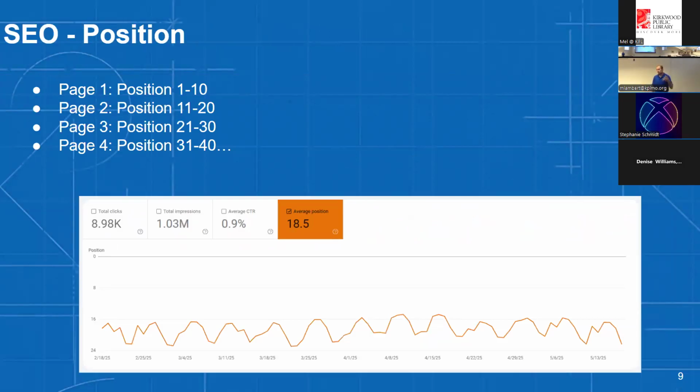Position. Google tracks where you rank on its pages. When you scroll to the bottom, there's page 1, 2, 3, 4. It goes all the way across. It tracks that. Page 1 of Google is position 1 through 10. Page 2 is 21 through 30. Page 3 is 31 through 40. And page 4